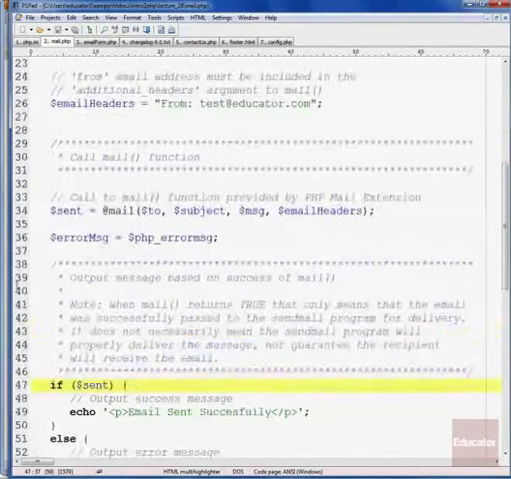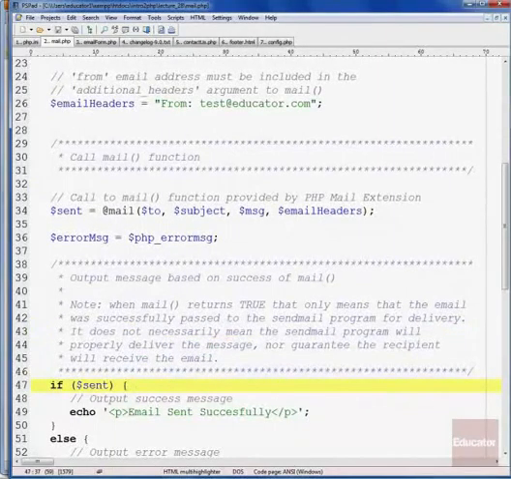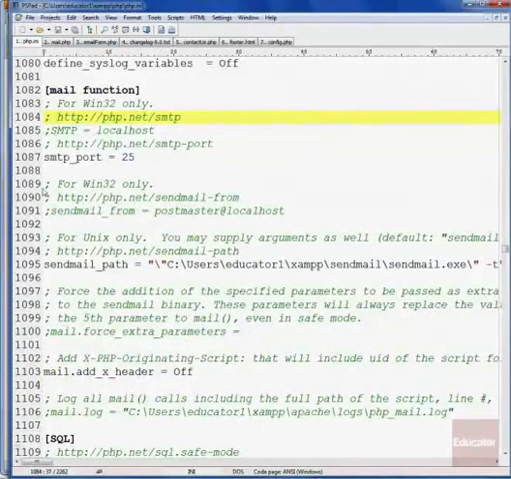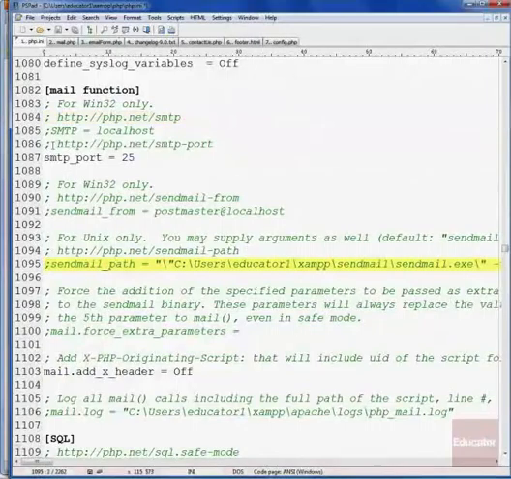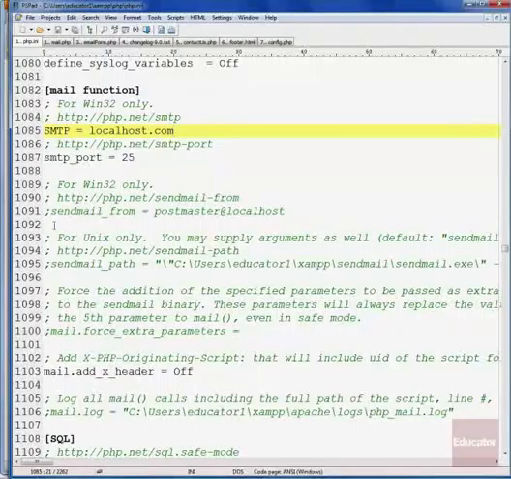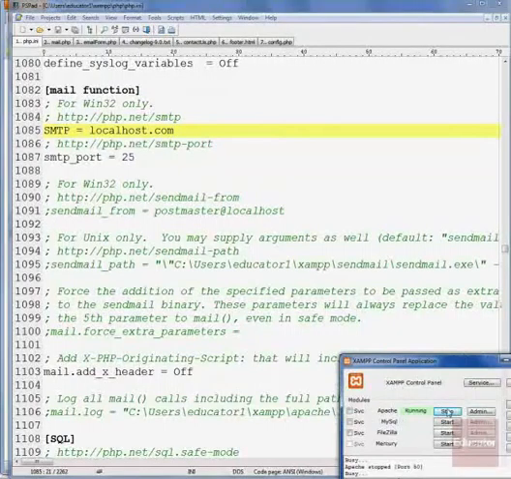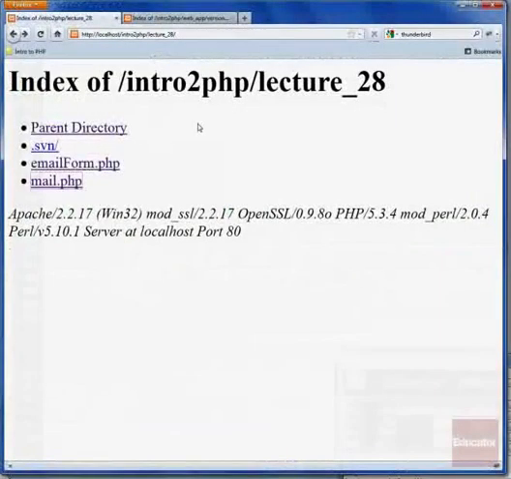And just to show how that works, I'm going to go back to our php.ini file, and just temporarily get rid of the sendmail. Just make, well, we use localhost.com, make up some SMTP server that shouldn't work. If we restart our XAMPP or Apache and we reload the page,